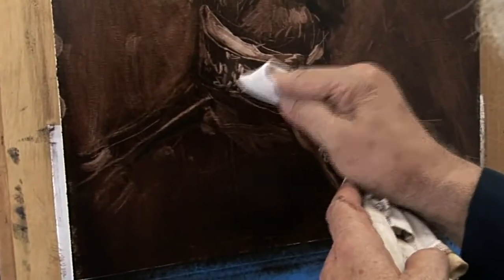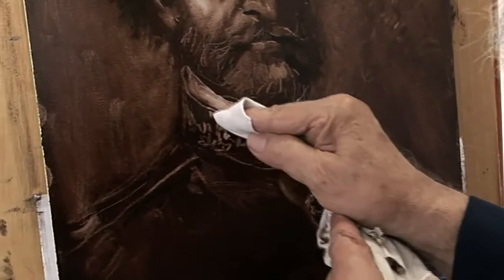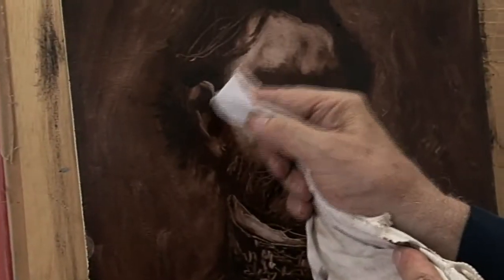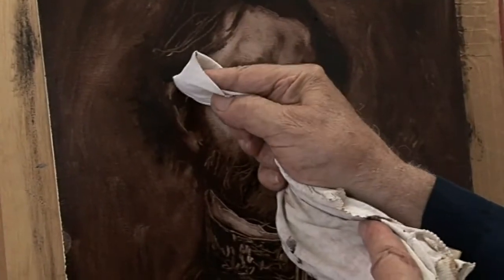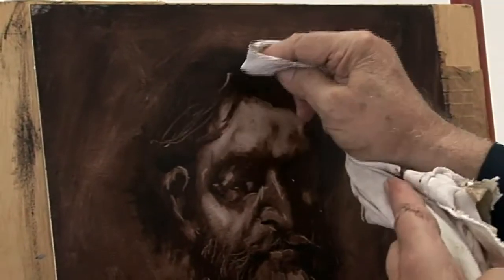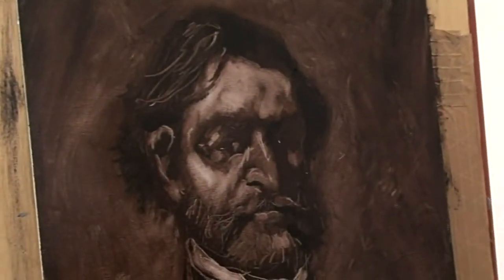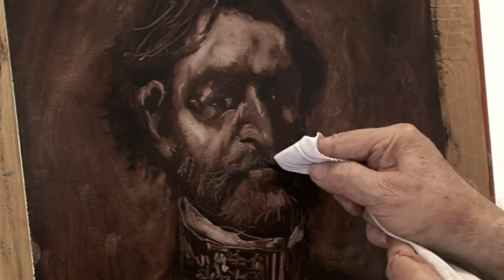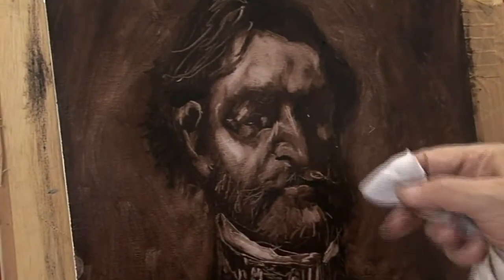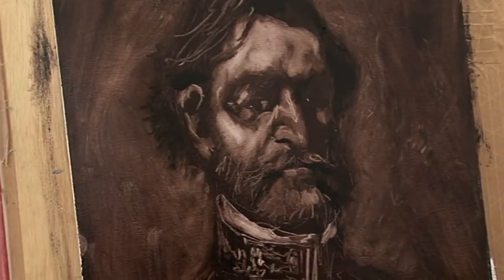This is where I can get some beautiful lights of the design, and it's going to be no differently than that. I'll bring out this part of the ear a little more. And now we have almost a completed piece. I'm going to take a little more of that out there. Take this. Bring out that light a little more there, and